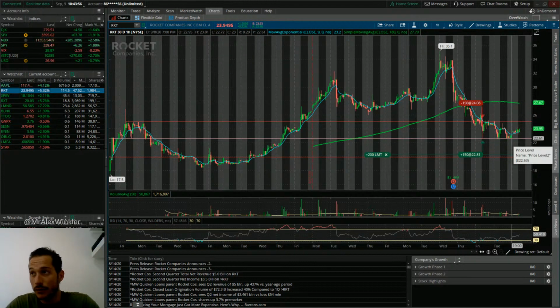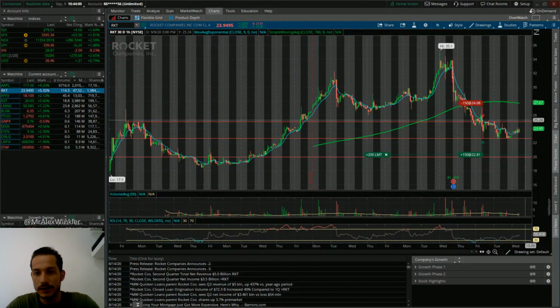And on the confirmation of the triple bottom. So RKT looks pretty good. I could see this coming back to 26, maybe even going to like 27, having a 180-day retest, but we'll see. XPEV,